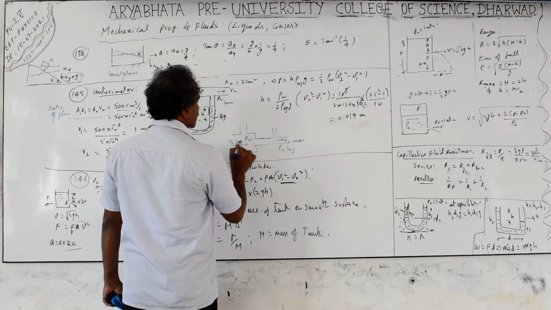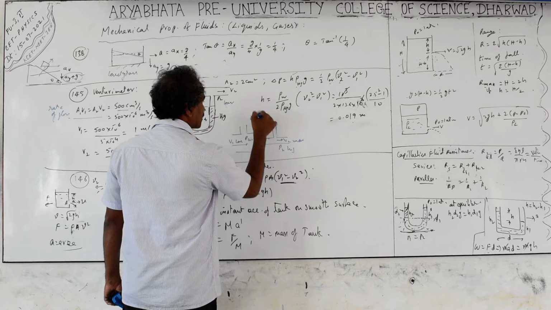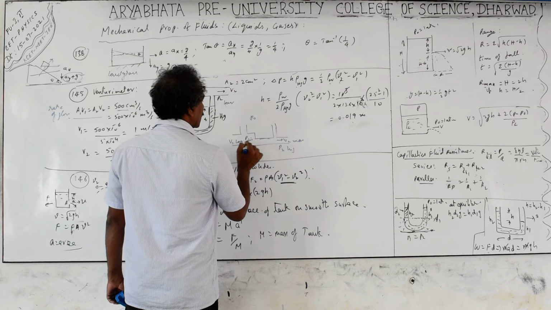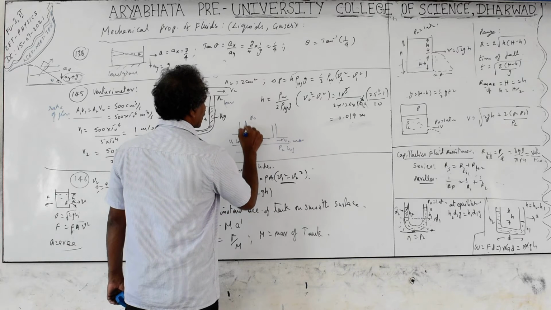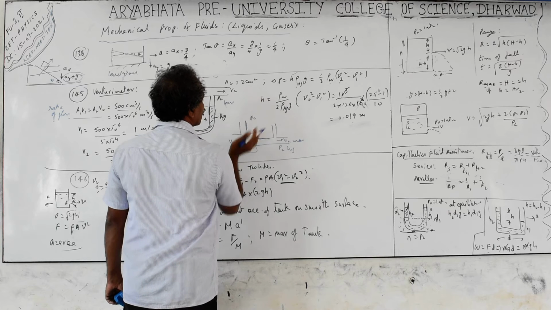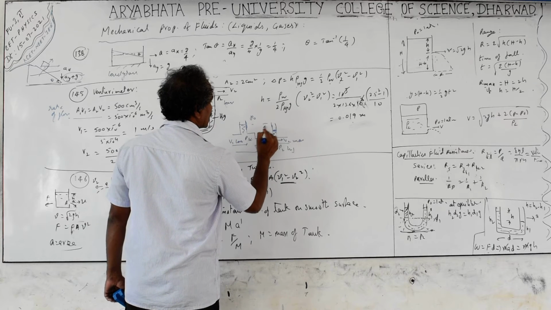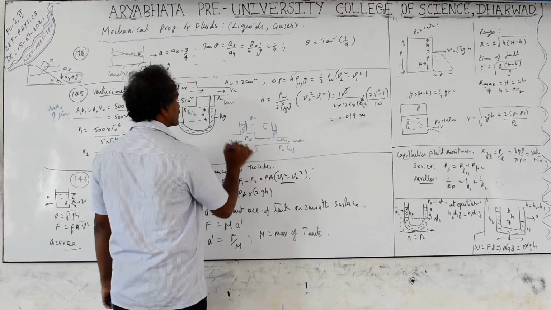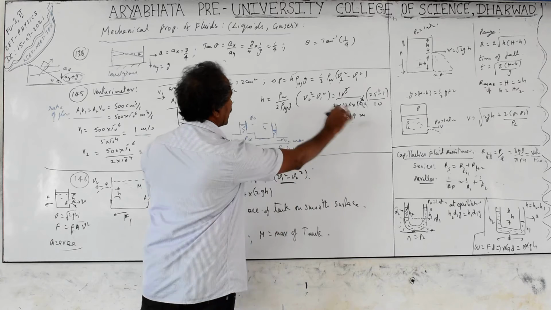Then the liquid levels, if you check in these vertical pipes, the liquid level rises here. Here the pressure is atmospheric, so the liquid level has to go against the atmosphere. So here the liquid level will be high where velocity is low and pressure is high. High pressure means it is able to push the liquid against the atmosphere compared to this level. So the liquid level height difference is h. If you are taking the same liquid, then rho is equal, you can cancel the rho and get the calculations.